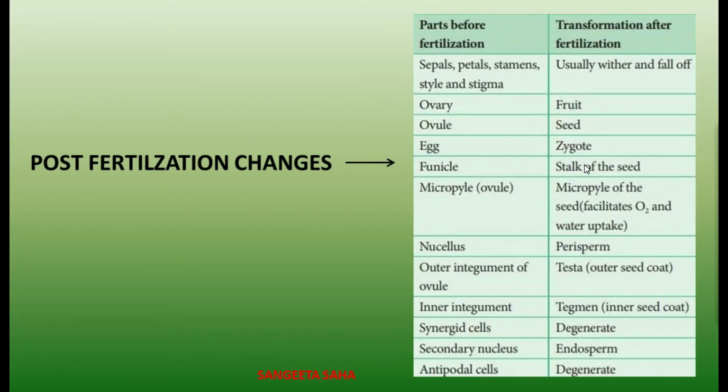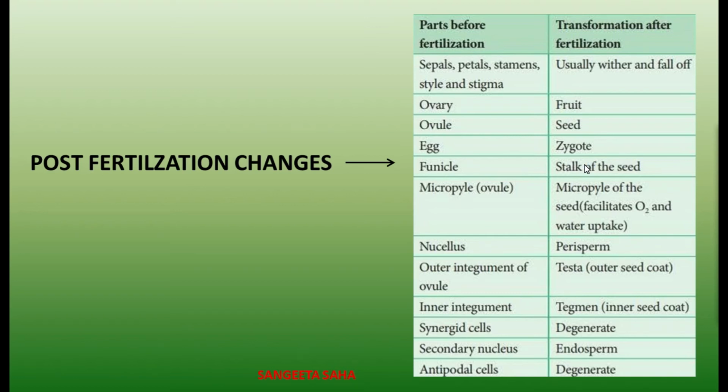Now coming to the post-fertilization changes. Basically, antipodal cells and the synergids degenerate after their functions. Now, zygote will give rise to embryo, ovary into fruit, ovule into seed. The primary endosperm nucleus will change to endosperm, that is the nutritive tissue. By the time all changes take place,